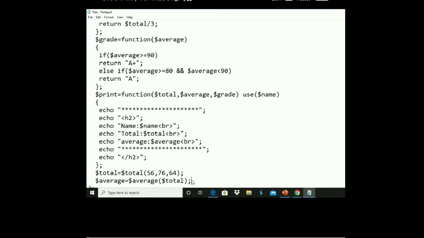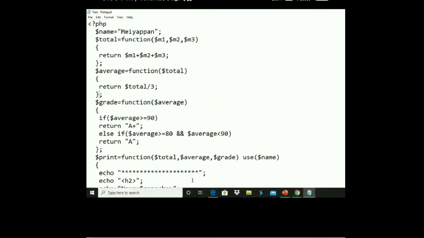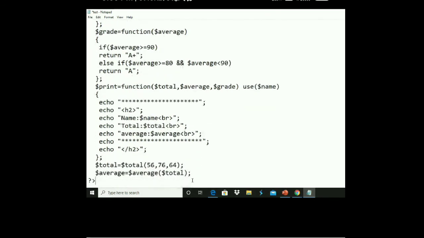Finally call print. That's all. Yes, sir. I think you are clear with this code. You try on your own. If you have any doubts, you can personally text me. I will just do it and send it to you. Okay. So you try first. Take at least 1 or 2 days to implement this, and take a snapshot of the output and send it to me on WhatsApp. Just send the output as a screenshot to me. I want all of the students to participate in this.